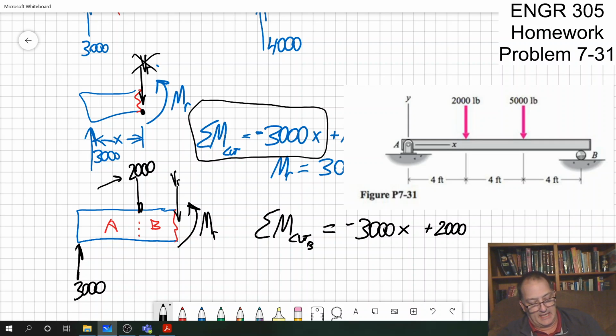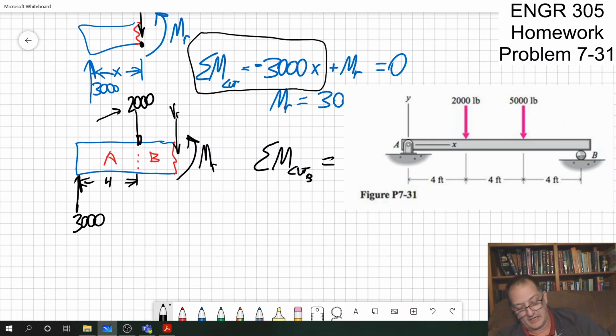But now my distance is not x, it's x minus that distance, which is 4. And so it's x minus 4. And then I've got a plus MR. And so, well, I just have to multiply that all out. Honestly, my brain's too tired to do this well, so I have to do it very carefully. MR, I'm going to move that to the other side, is equal to,